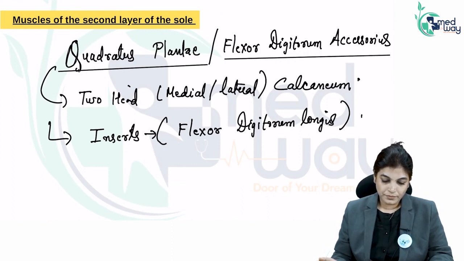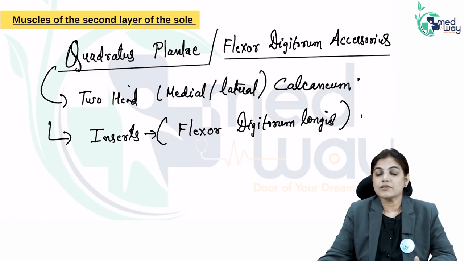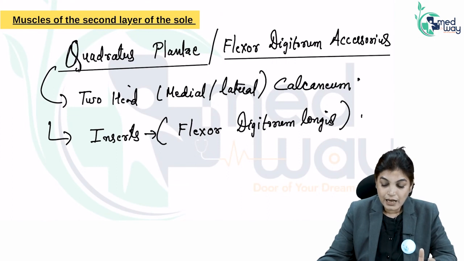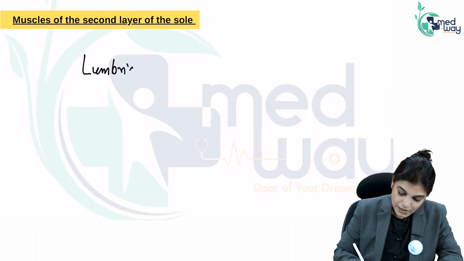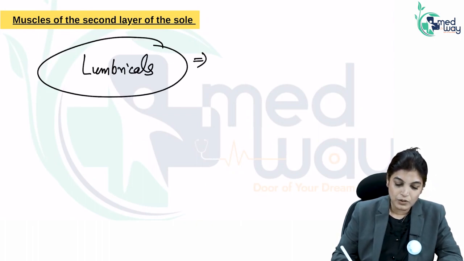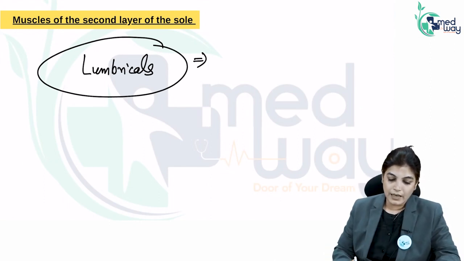So, done with this? Okay. So, already we have talked about the two muscles, flexor hallucis longus and flexor digitorum longus, already done. We have got the lumbrical muscle. So the lumbrical muscles will be exactly similar to the muscles which we have discussed already in the hand. So that is very important, and it's important that you should also know that if we talk about lumbrical muscles,